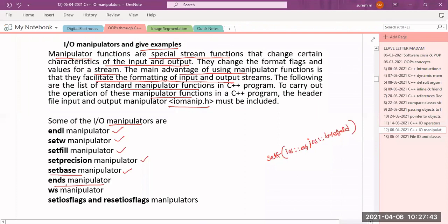Okay, next endl. This is nothing but if I want to end a string with a special character, that is nothing but \n, then I will use this endl manipulator. And this is ws, that is white space. If I want to remove the white spaces before the character, before the values, like, what I did is